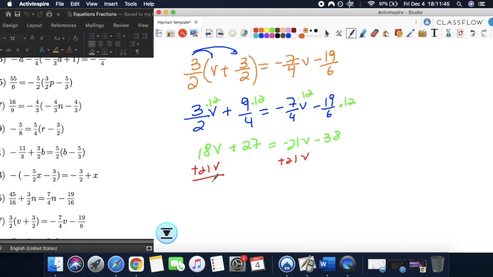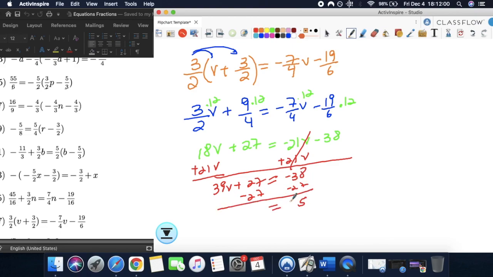It's going to give me 39V plus 27 equals negative 38. Minus 27 on both sides. And I am going to get negative 65. That goes away, and I'm left with 39V. Divide both sides by 39, and V is going to give me negative 65 over 39. So let me write that on top,